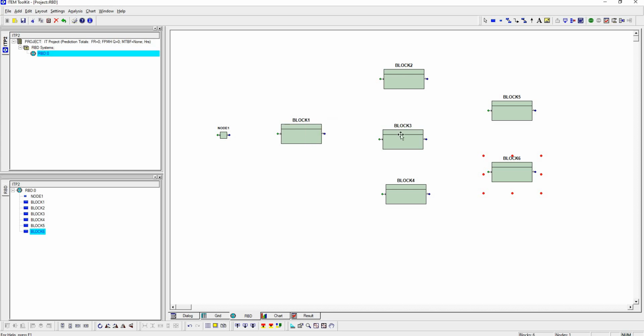In order to have control of the voting for our blocks in parallel, whether we need to specify a 1 out of 2 or a 1 out of 3 or a 2 out of 3 configuration, we would need a node after any blocks arranged in parallel. So, let's introduce a node for these blocks that we intend to set this type of M out of N or K out of N scenarios. Now we can also introduce an End node for our analysis and then start connecting these nodes and blocks based